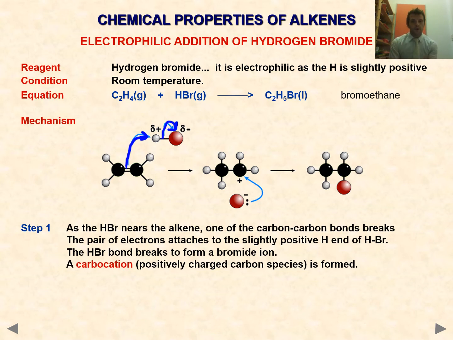So here are step-by-step, I guess, instructions for how this works out. So we have HBr nears the alkane, and it's got to be very close for this to happen. So the hydrogen and the bromine don't split when they get into solution. They'll stay together until they get close enough for this reaction to happen very quickly. The electron attaches to the slightly positive end of the H, and then the HBr bond breaks immediately when that